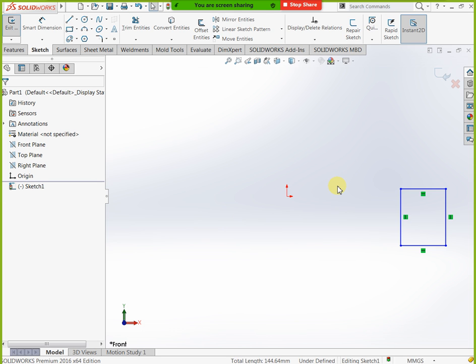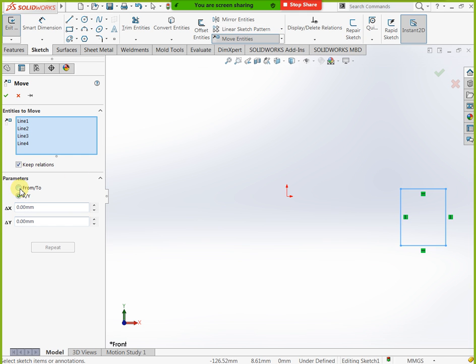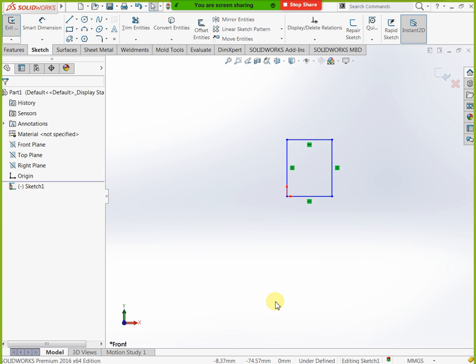This is one type, that is called move. Now, understand? Select your item once, then select from or to, and place the base point where you need. That is move. Next, after that we have copy entities. Copy entities means nothing but duplicate creation. However many duplicates you need, you can create that many easily by using copy entities.